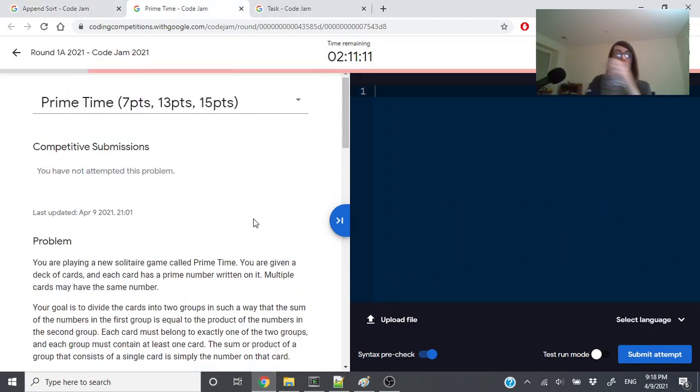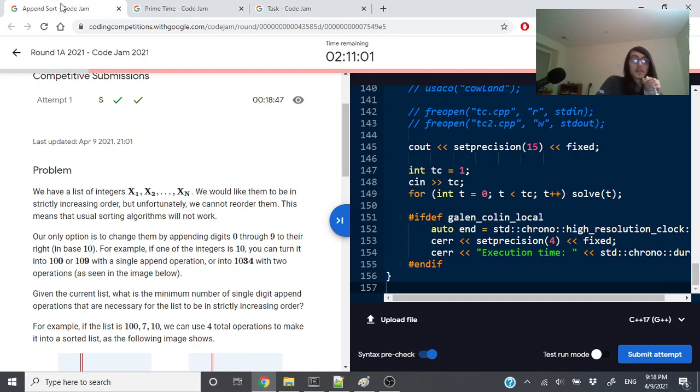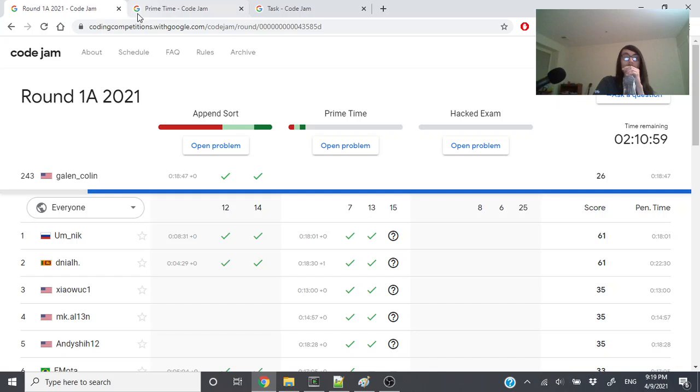Okay, let's read the next one while we're waiting. You're playing a new solitaire game. You're given a deck of cards, and each card has a prime number on it. Okay. Multiple cards may have the same number. Got it? Cool. Not the fastest, but